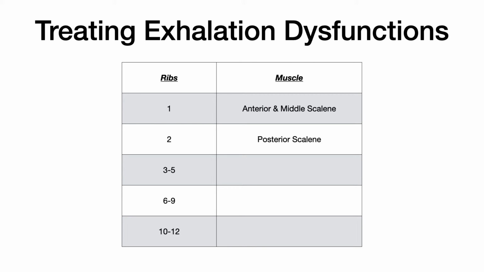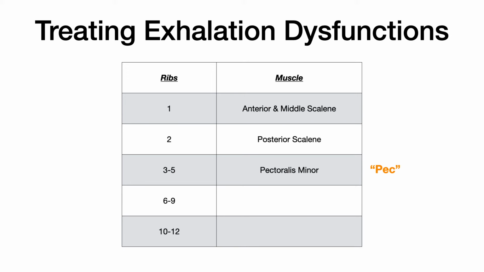So here's a chart, and we should probably fill this in because this is very, very high yield to know for COMLEX as well as in-class exams, what muscles you're going to target and use depending on which ribs are in an exhalation dysfunction. So we just said that for rib 1, you use anterior and middle scalene. For rib 2, you use posterior scalene. For ribs 3 through 5, you're going to use the pectoralis minor, which my mnemonic to remember this is that pec has 3 letters. So you start at rib 3 and you go for 3 ribs. So starting at 3, because pec has 3 letters, and then going for 3 ribs, ribs 3, 4, and 5,